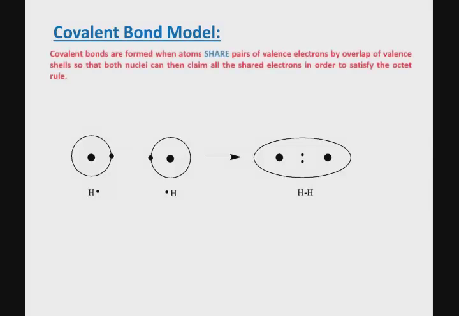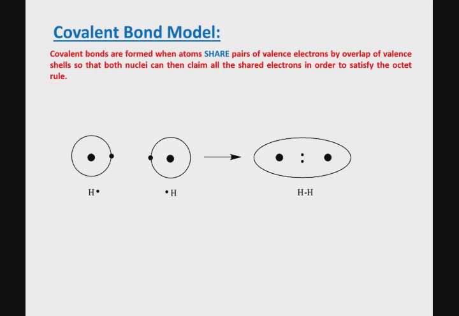A covalent bond is formed when two atoms share electron pairs from the valence shells, such that both the nuclei can then claim all the shared electrons to be their own in order to satisfy the octet rule. So earlier on we talked about the ionic bond model, where electrons are transferred, physically leave the valence shell of one atom to the valence shell of another atom, thereby making an actual cation and an actual anion that are